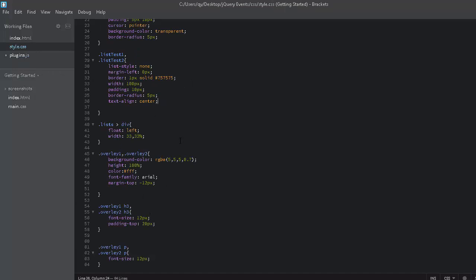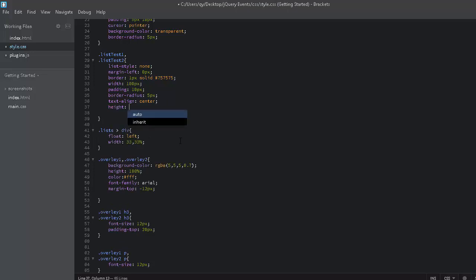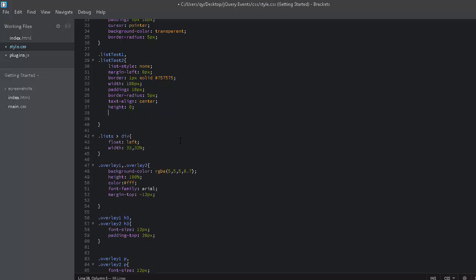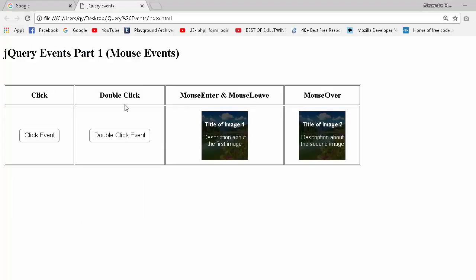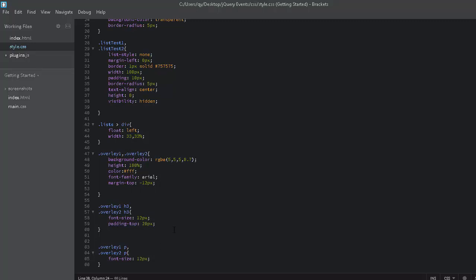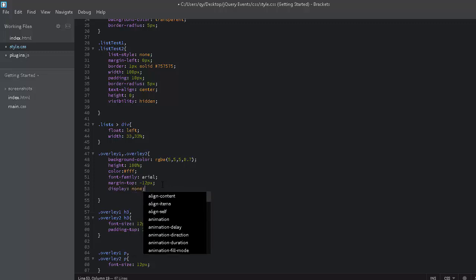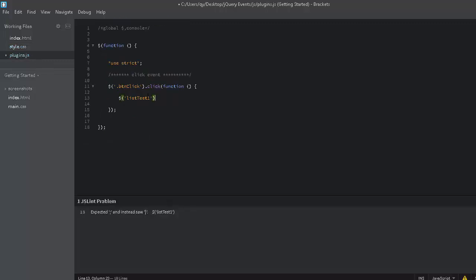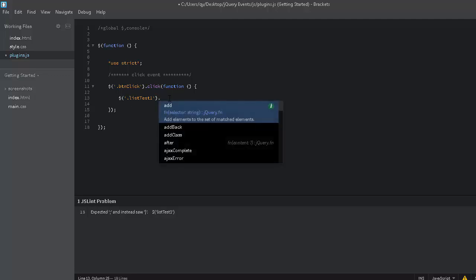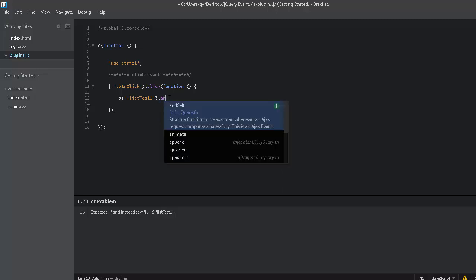For example, list 1 and list 2, I will give them height 0 and visibility hidden. Great. And for the overlay, what I need, I will, for example, give it display none, and I will show them. So for the list style or the list test, I will animate